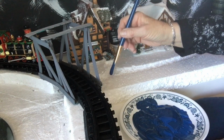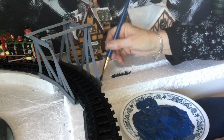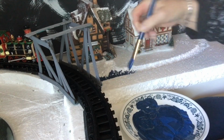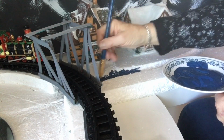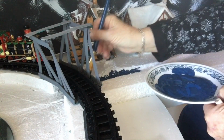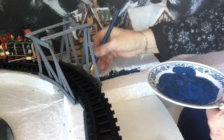okay. So there we go. We're going to start dabbing. And we'll have to put a fair bit of paint on there because it's very porous right now. Once this is all painted, then I'm going to wait till it dries. And